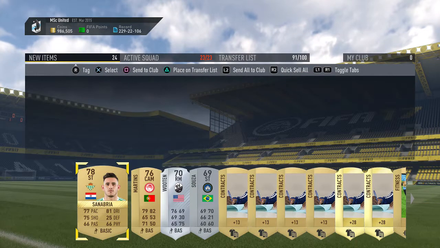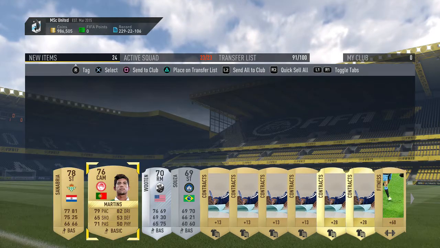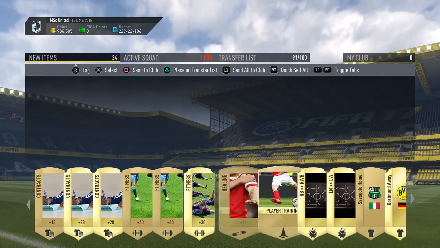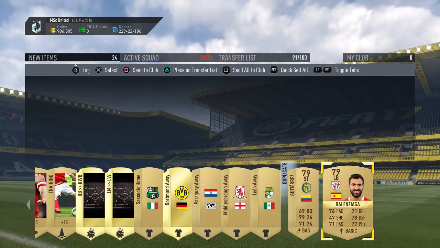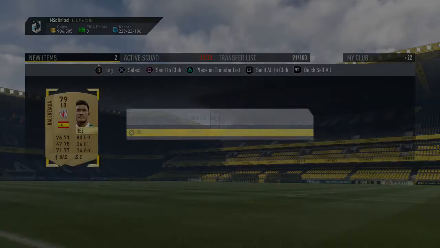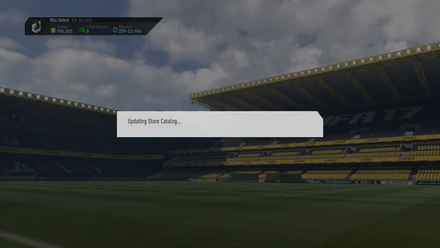Let's see who it is. It is actually a silver player. Guys, what the heck? Not on our side, the pack luck today. Is there a good duplicate though? No, just two common gold cards. Let's send those to the transfer list and then move on to the final pack,